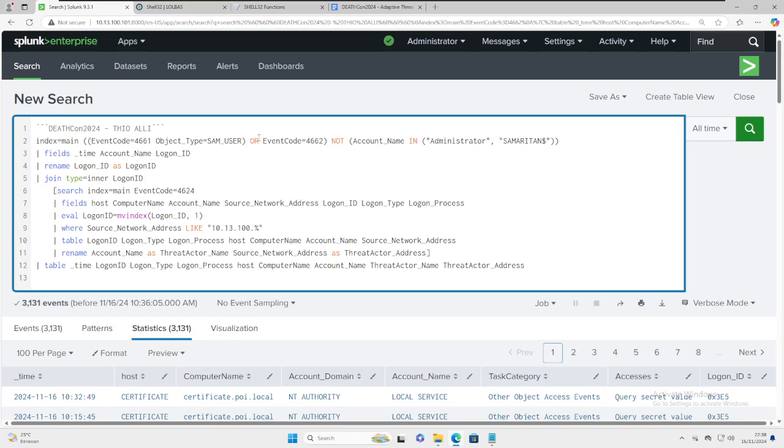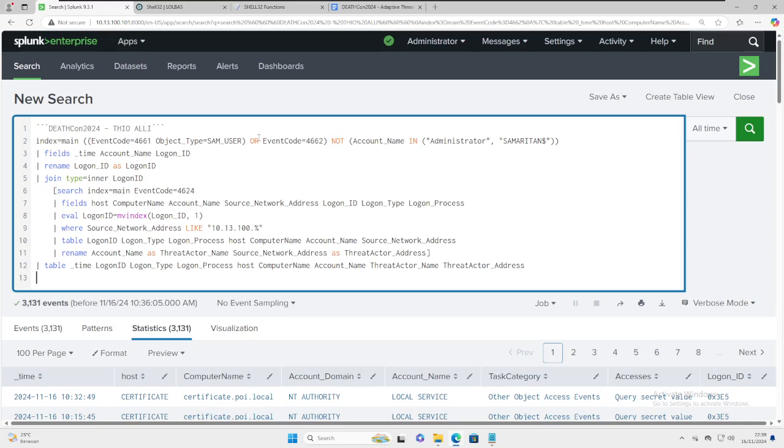We will rename the logon_ID as logon ID without the underscore and then use it for the join search, which searches index main with event code 4624, the logon activity.